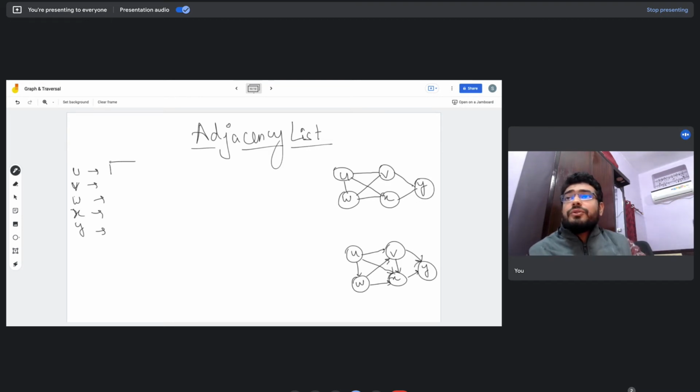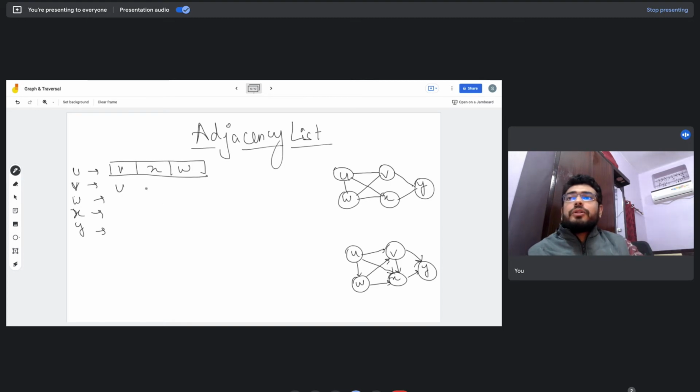In case of u, the set of outgoing edges are v, x and w. So this becomes the adjacency list of u, that is, from u you can traverse to v, x and w. Similarly, for v the adjacency list would be u, y and w.